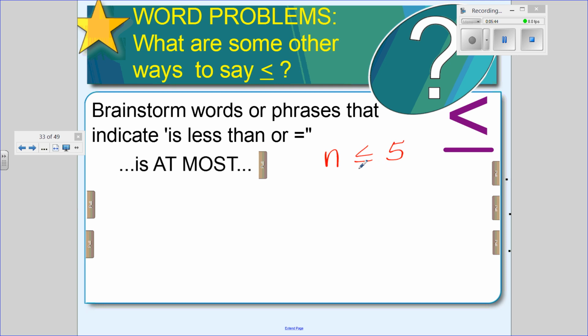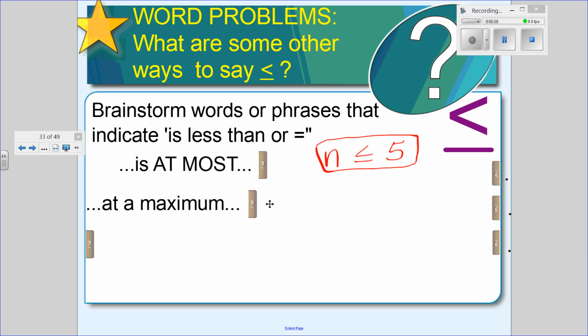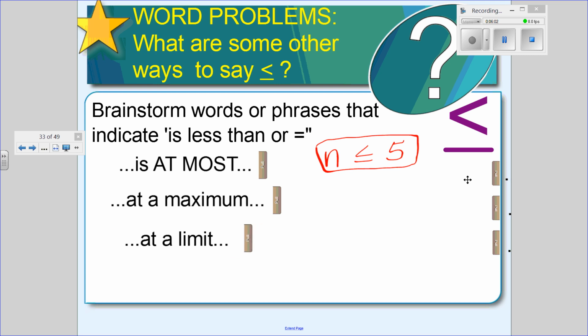Or I could choose to have 0 cookies and stay healthy. I could say I'm just going to have 1 or 2, that kind of a thing. But I could have 5. So it is at most. 5 is my upper limit. Speaking of that word limit, that's probably another good word. Okay, at a maximum. At a limit, when you're talking about a speed limit sign, the speed limit on Falls